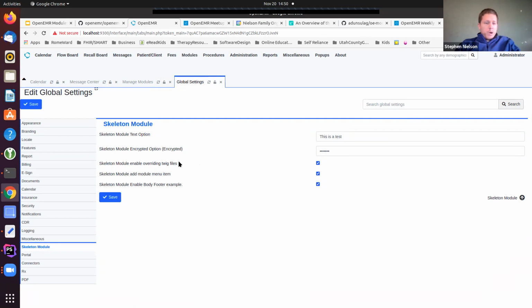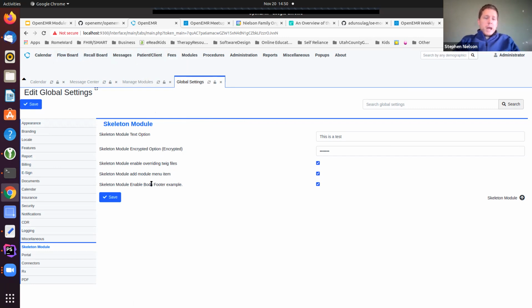So my module, anywhere where we're using twig, the module can reach in and replace that twig file. Anything that's inside of OpenEMR, you can replace it with your own module twig file. So for rendering on the presentation layer, I'm going to enable it so that it'll show my menu button. And then I'm also going to jump into the main OpenEMR body page, everything that is on this window that you see up here.